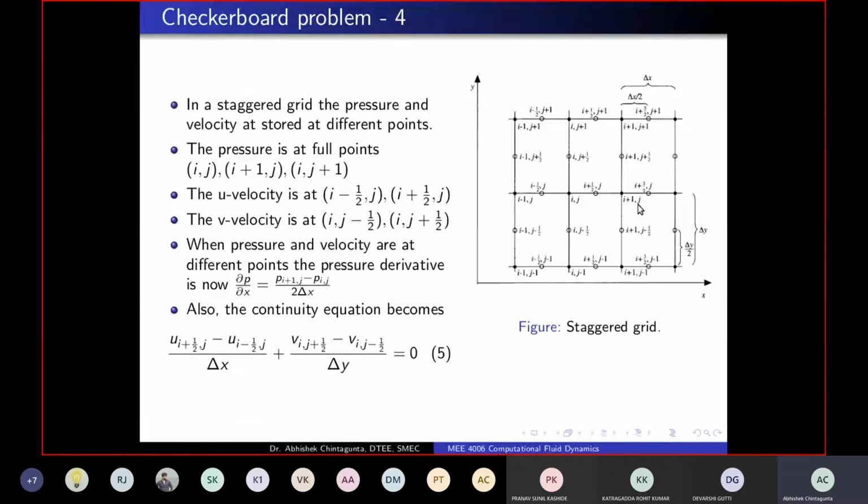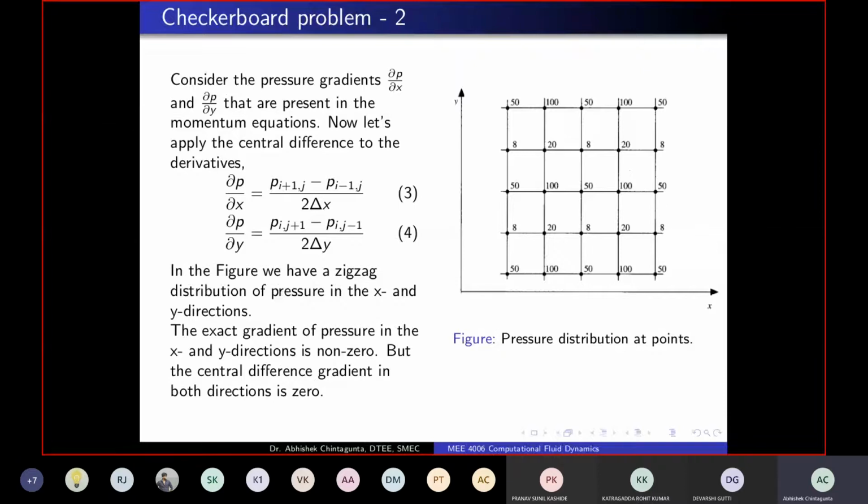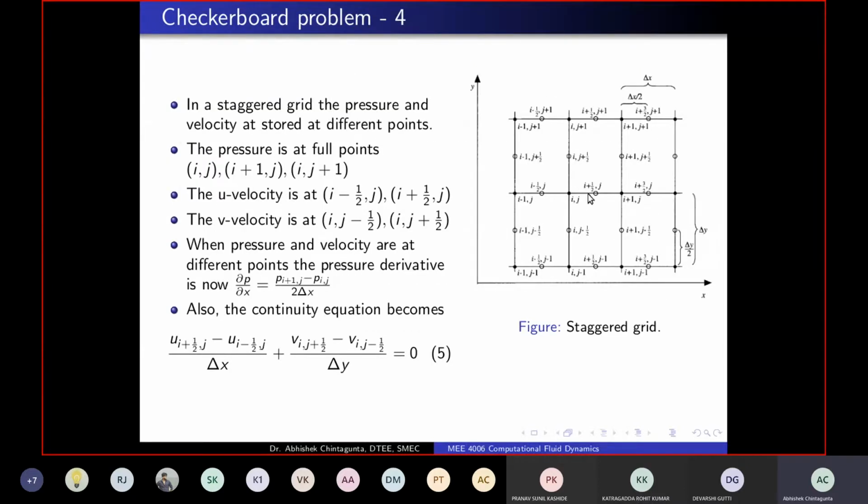derivatives of velocity. This velocity difference, or this pressure difference, will drive the flow. Pressure will be stored at the I and I plus 1th location, the full location, and velocity will be stored at the half location. If we do that, we can see that it naturally falls into our fluid mechanics concepts as well: the pressure at I plus 1 minus the pressure at I, that pressure difference, will give us the u velocity between these 2 points and the v velocity between these 2 points.